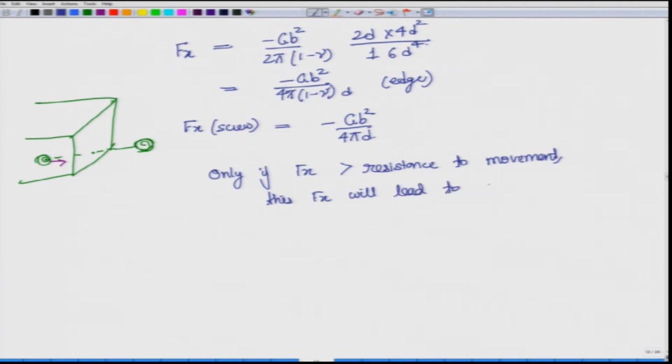you can say, annealing out of the dislocation, because once it starts, it means that its force will keep increasing further and further, and therefore, once it starts, it will move all the way up to the surface, and therefore, it will get annealed out, leading to annealing out of dislocation. So, the dislocation spontaneously leaves the crystal.